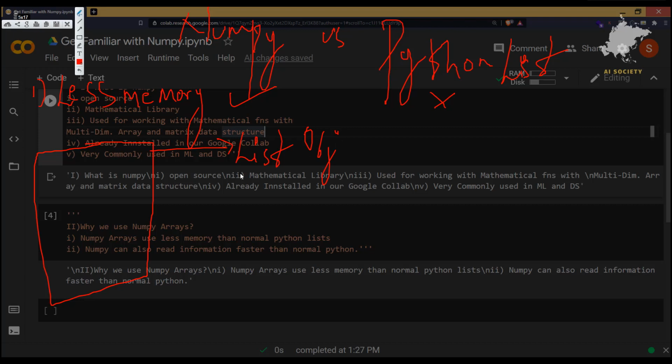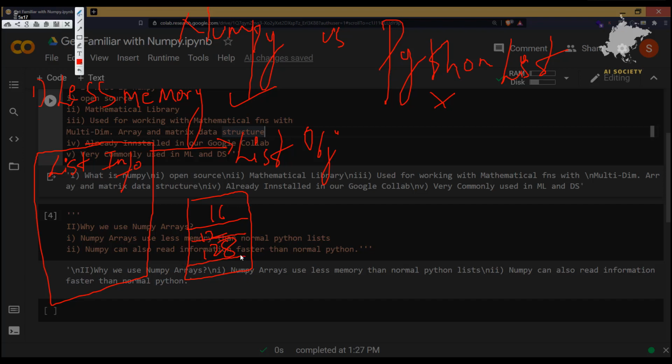Whenever we are creating a collection of elements in the form of a list, it is creating an object. Everything in Python we see is an object, right? So it is creating a list object, and it will have some general information related to the list: the number of elements and what the elements are. Let's say we are storing the numbers 16, 12, and 128 in our Python list.